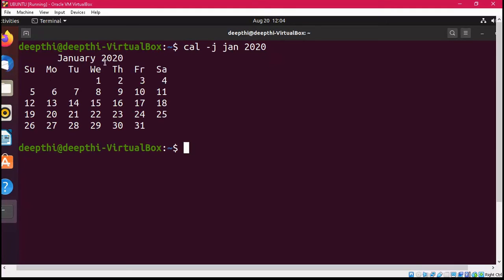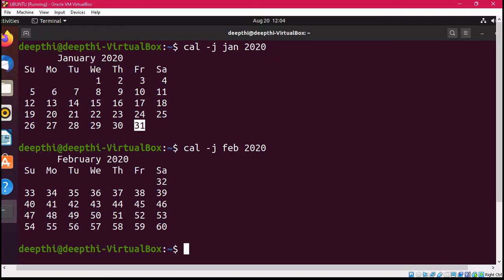It was representing the last date of the month as 31. So the next date will be 32, which will be the first date of February. If I write February, you can clearly see what it is doing. The first date is 32. So the last date of January was 31 and the first date of February is 32.